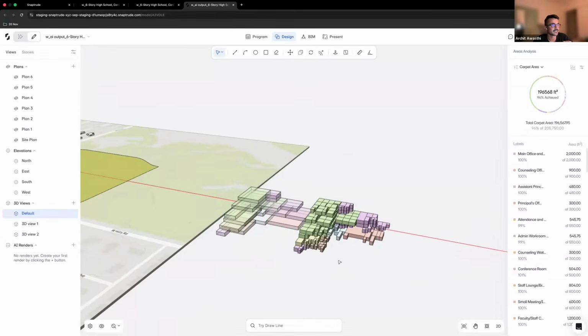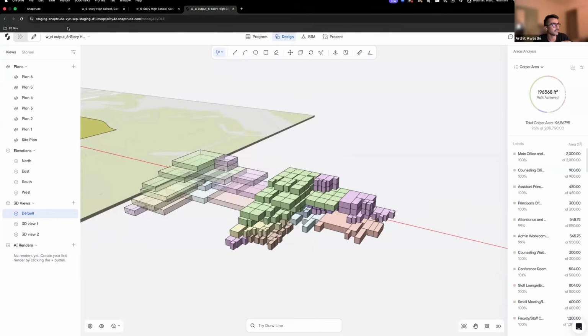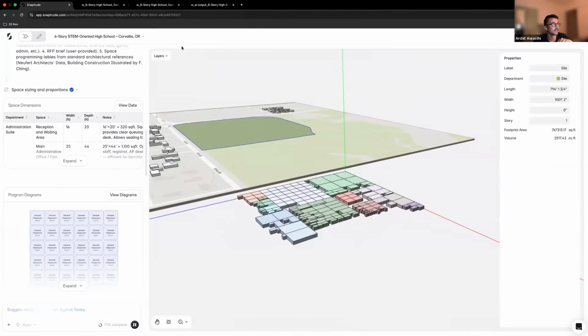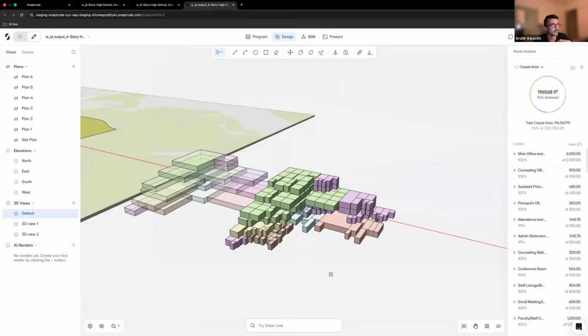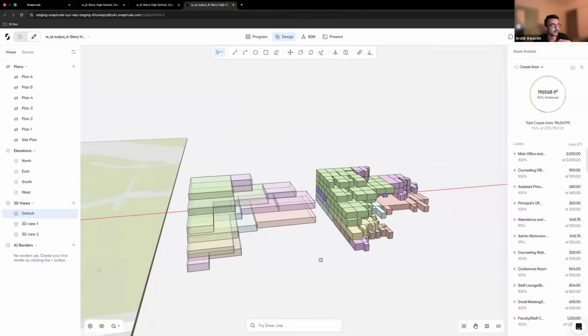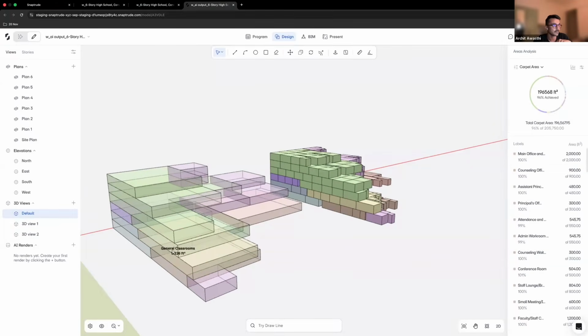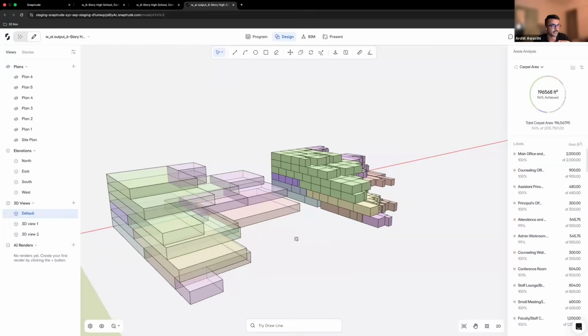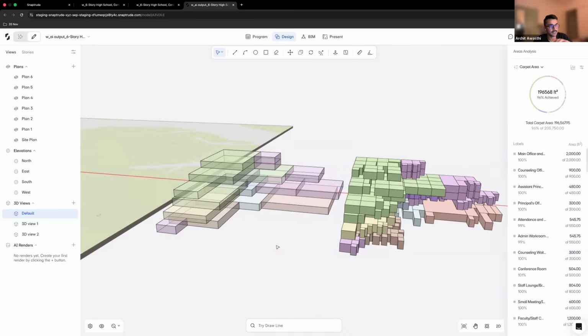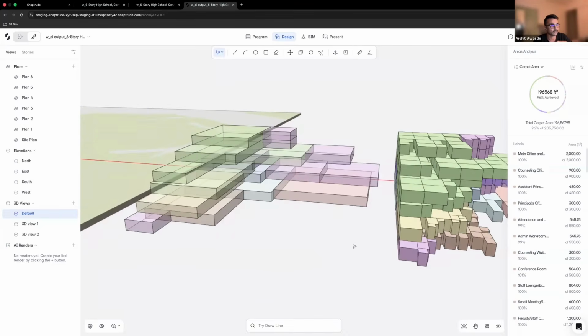I was actually going to jump into this right after, so that's perfect. Over here, you'll see that what you basically get are departments and spaces that the AI generates. Now, to answer Brian's question,